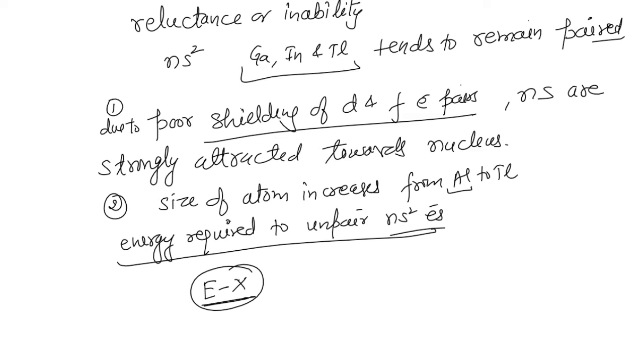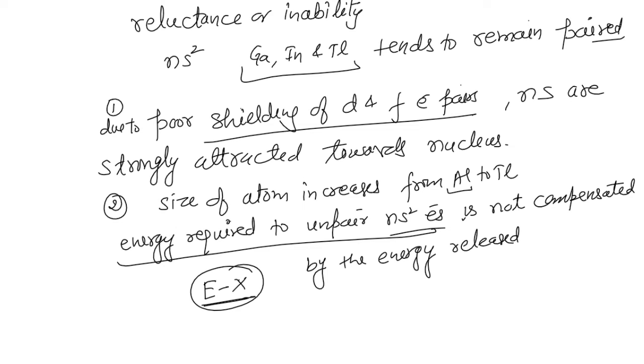So the energy required to unpair the ns2 electrons is not compensated by the energy released when the bond is formed